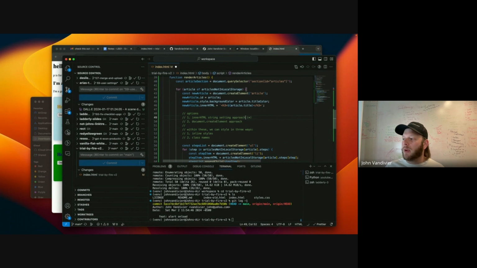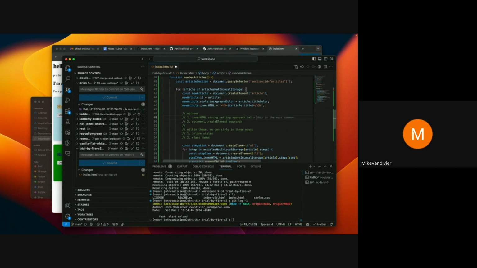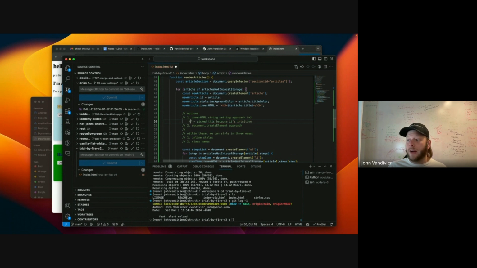And by the way, why did we pick it? Did we just pick it because it makes more sense, basically? To me, yeah, you're just setting the title there inside the H3, whereas the create element is going to grab it. That's a real reason, by the way.